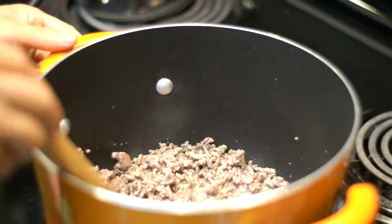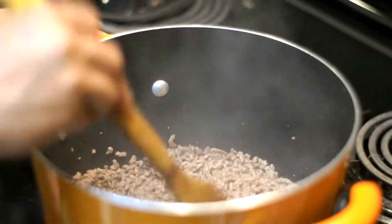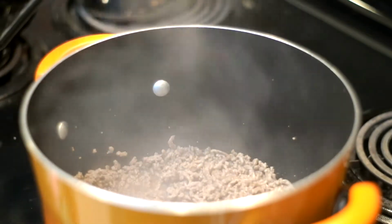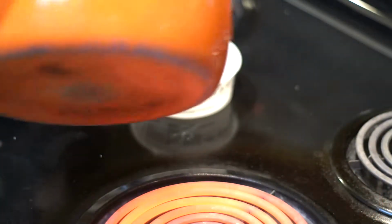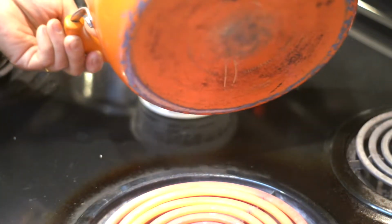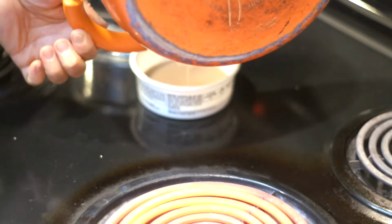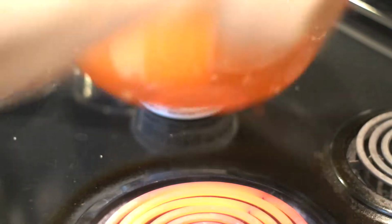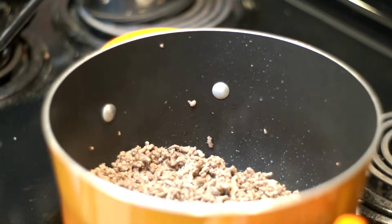Okay, you see the fat coming out now. All the fat, we're not going to keep that. Alright, it's about cooked now. Take a container, just pour out the fat. We don't need this fat. Just pour as much fat as possible. Try to be healthy, take all the fat out. Okay, that's good. Now